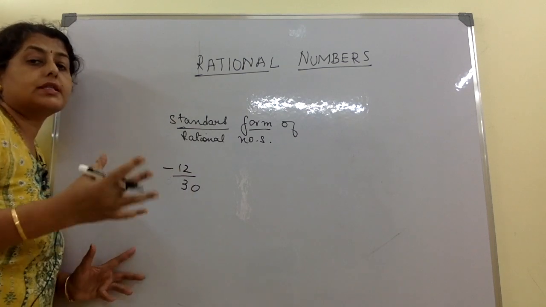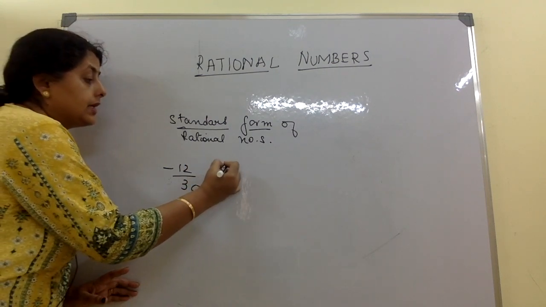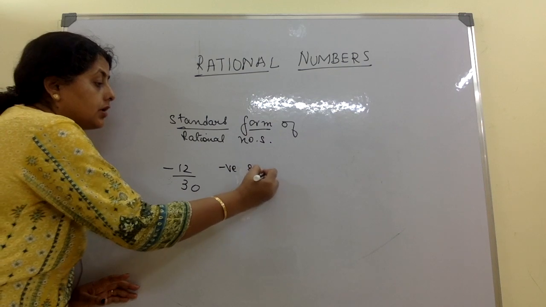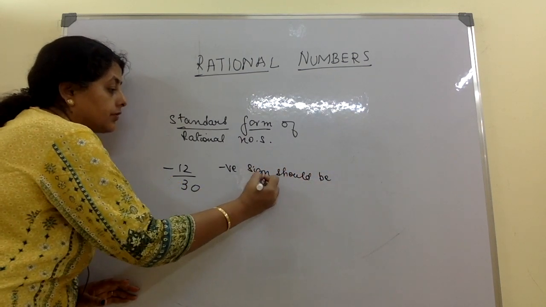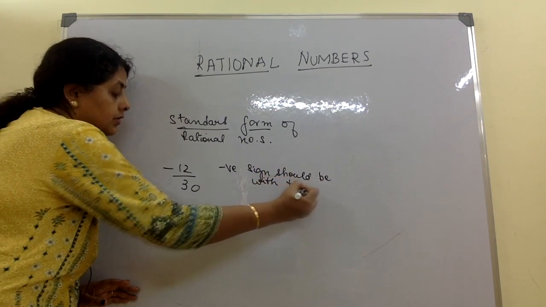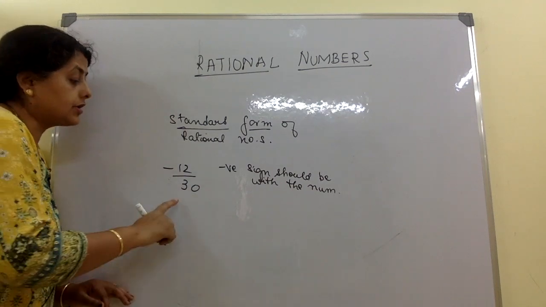Now this is not in the standard form. There are two conditions in standard form. Firstly, the negative sign should be with the numerator. Okay, first condition. Second condition: